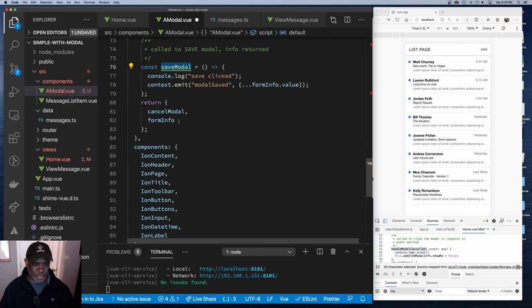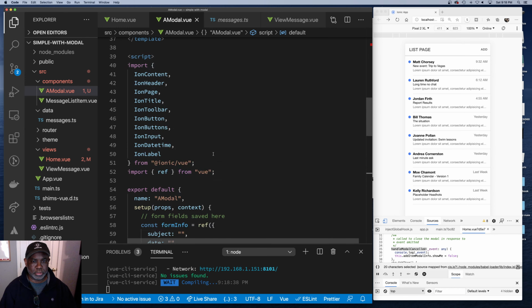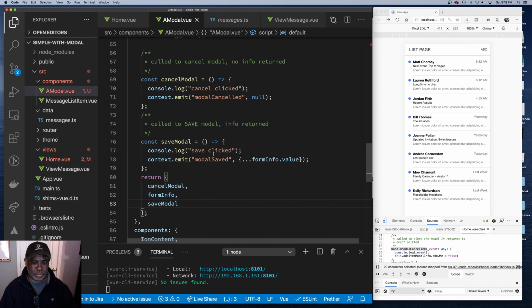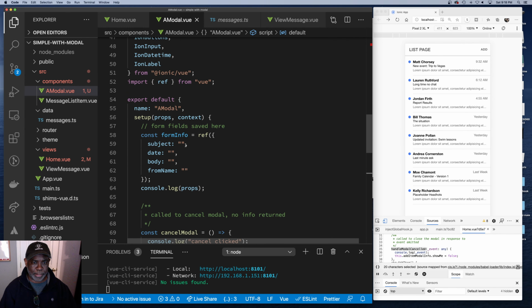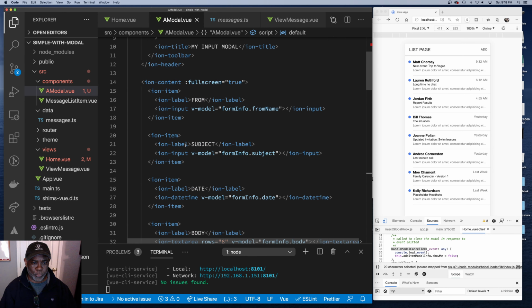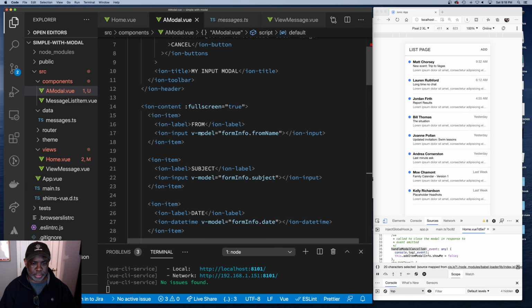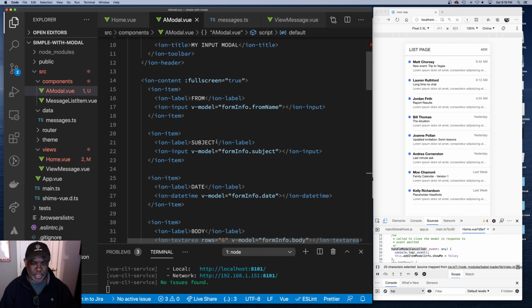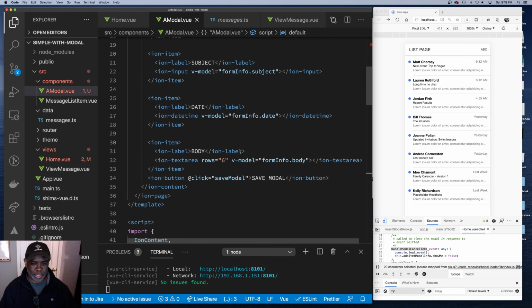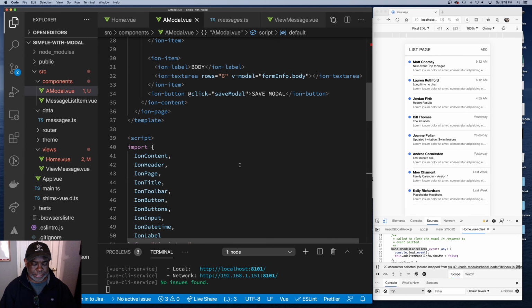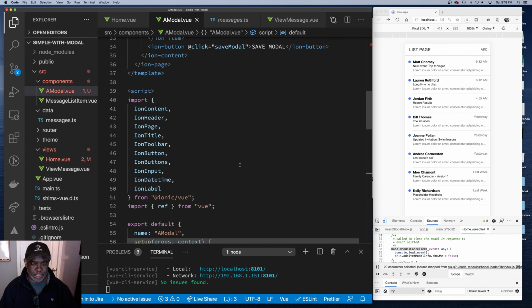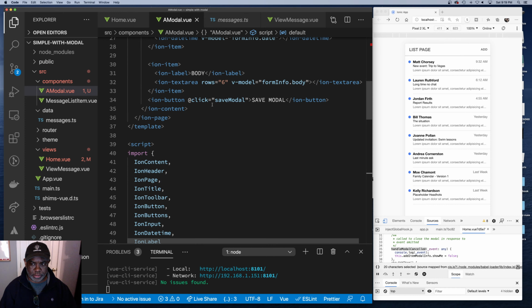So we got to come down here and make sure we return our save modal. So now the idea is that we have our form that's being displayed. We're getting all the data using the V model. It's binding the form data. So we get the name, the subject, the date, blah, blah, blah. If the user clicks the save button,